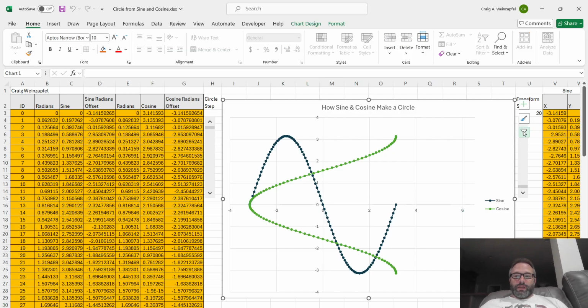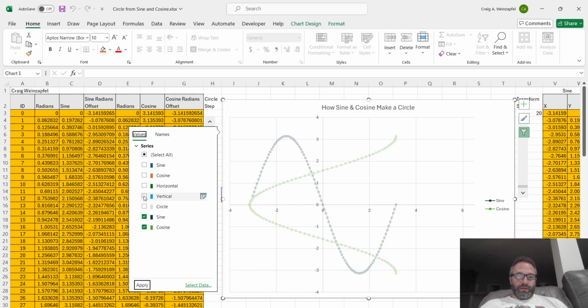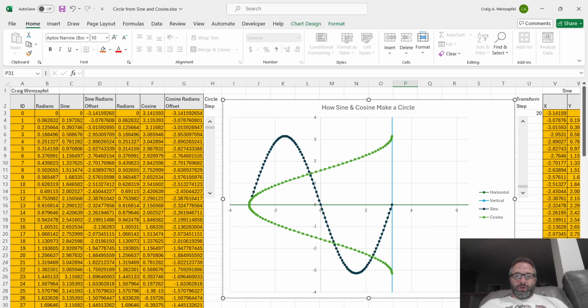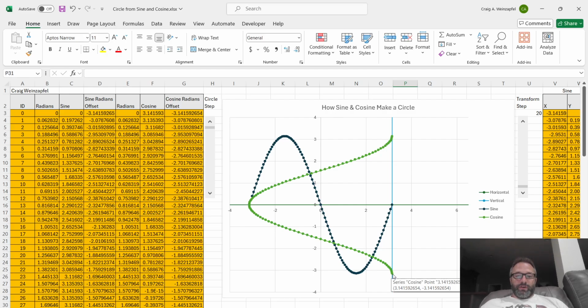So let me go ahead and turn on my vertical and my horizontal crosshairs so we can see where we're at. On this very first point of the cosine wave that we transposed, and this very first point of the sine wave that we scooted over to line up and have 0 as our origin, that puts our crosshair right here at 3.14. I told you our amplitude was 3.14, so that's how far we should be from the origin all the way